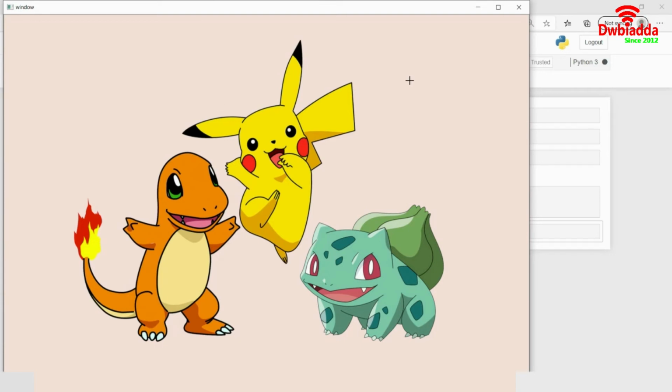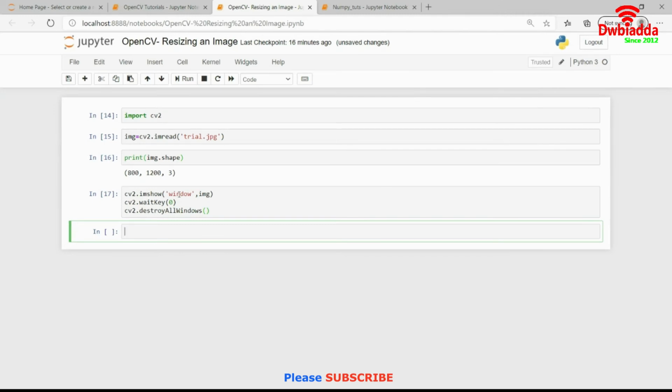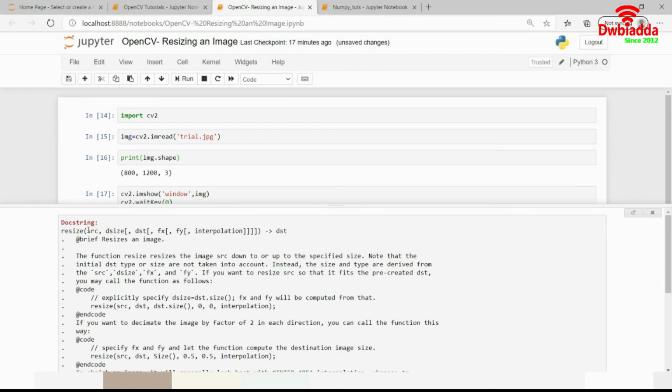Right now I want to resize this image. Resizing an image is very simple in OpenCV. You have a function known as cv2.resize. I will quickly show you the prototype of the function. As I open the prototype, you can see that we have a source, which is the source image, then the image size to which we want to resize, and then we have interpolation as well, which is an optional parameter. That is, it depends upon us whether we want to give it or not. We'll discuss interpolation in the subsequent part of this video as well.